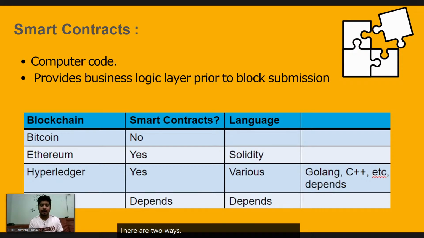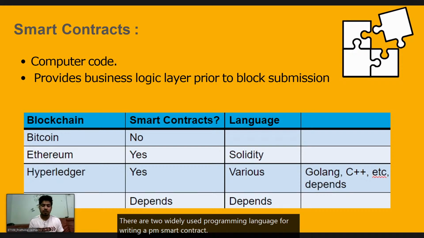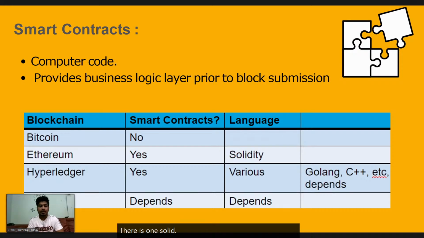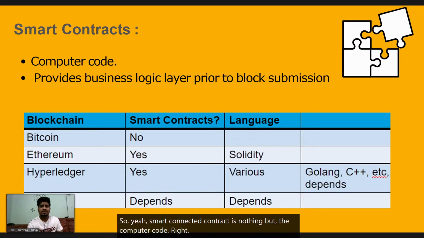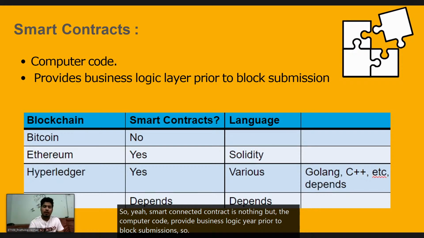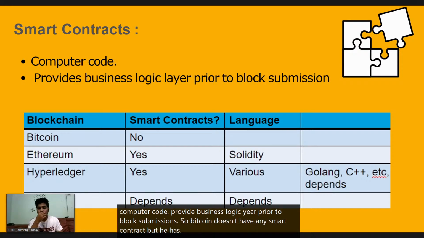There are two widely used programming languages for writing Ethereum smart contracts. One is Solidity and one is known as Serpent. So here, a smart contract is nothing but computer code that provides business logic clear prior to block submissions. Bitcoin doesn't have any smart contracts, but Ethereum has smart contracts, which require the Solidity language,